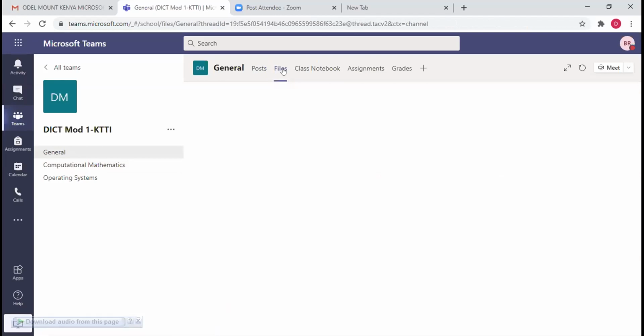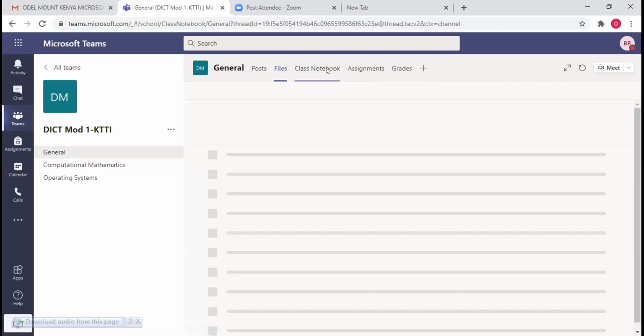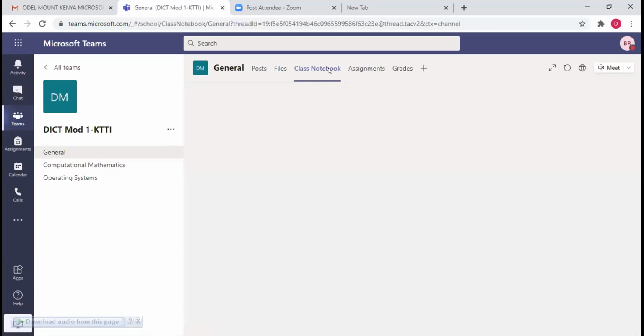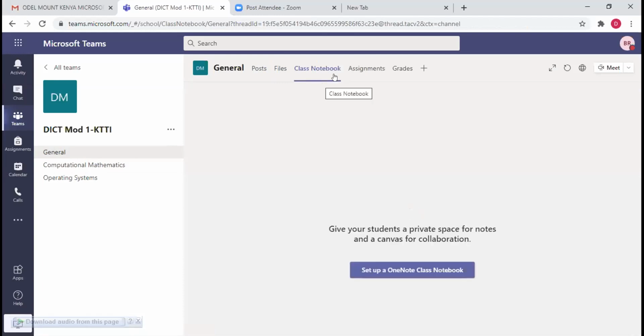General, under general. Yeah, class notebook. Just wait for it to load. It takes time sometimes. Is it on files? It seems it has finished loading.